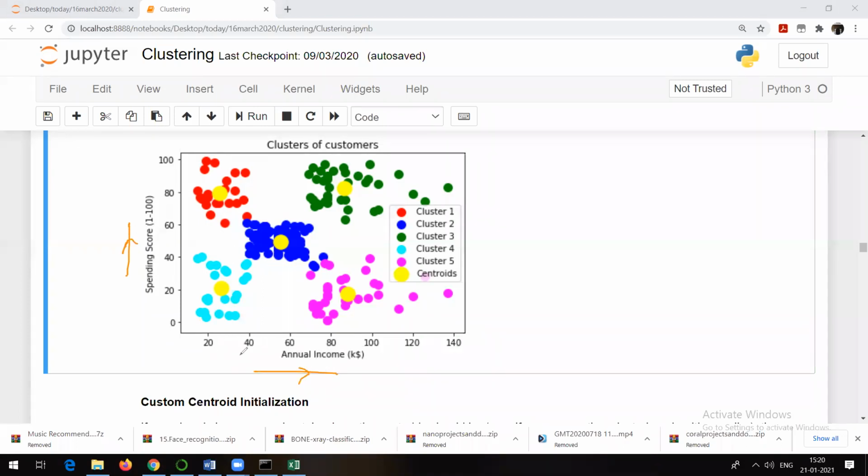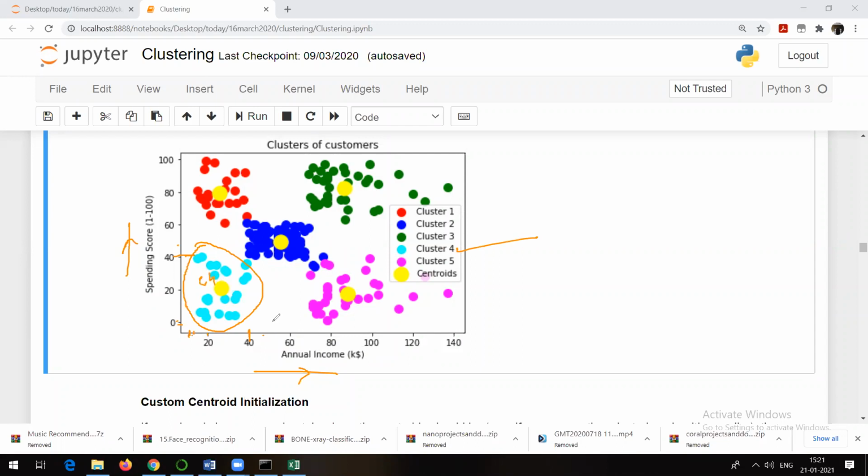The people whose annual income is between 10 to 40 and whose spending score is between 0 to 40 belong to this cluster, that is cluster 4.